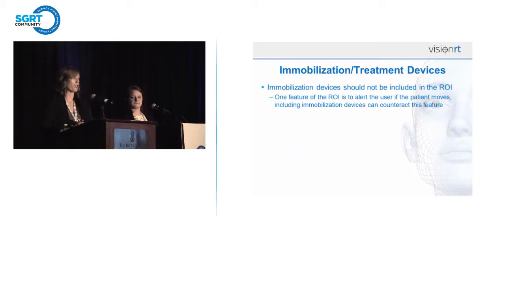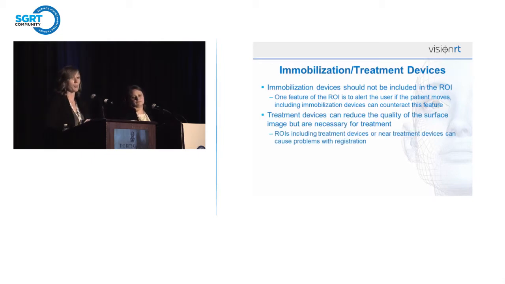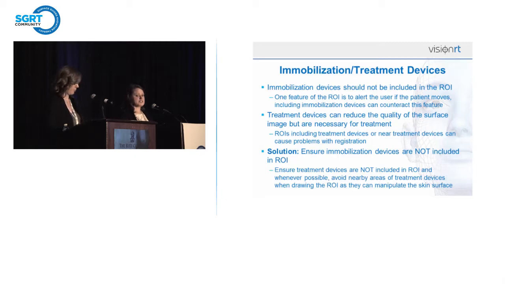Immobilization devices should not be included in our region of interest. So one great feature of our region of interest is that it's going to alert you if the patient moves. And if we included any immobilization devices in that, it could counteract that feature. So treatment devices can also reduce the quality of a surface, but are necessary for treatment. So if we include regions of interest where they are near treatment devices, we can cause problems with registration as well. So our solution is to ensure the immobilizations are not included and ensure treatment devices are not included,